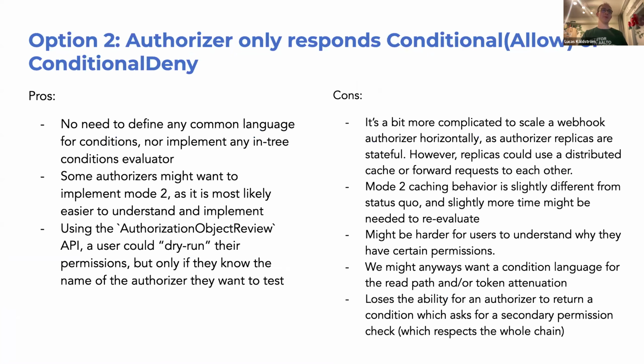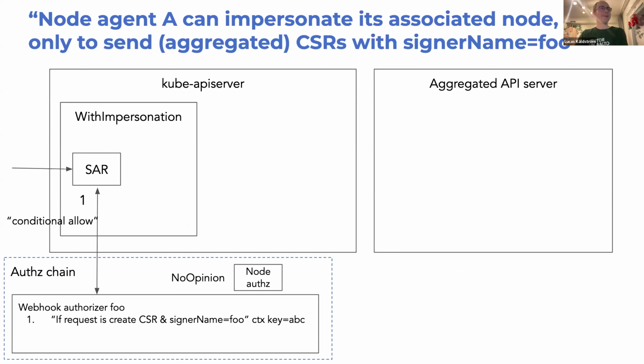But as an example, I was thinking about what Mo said in the first meeting: is there a path forward of doing conditions on impersonation for the specific object? So again, not that we should do it, but can we do it? And I think we can, even if we choose option 2. I think I figured one way.